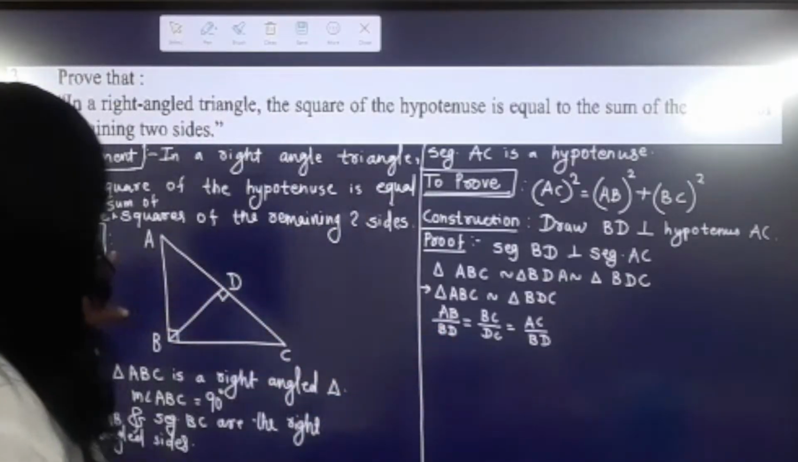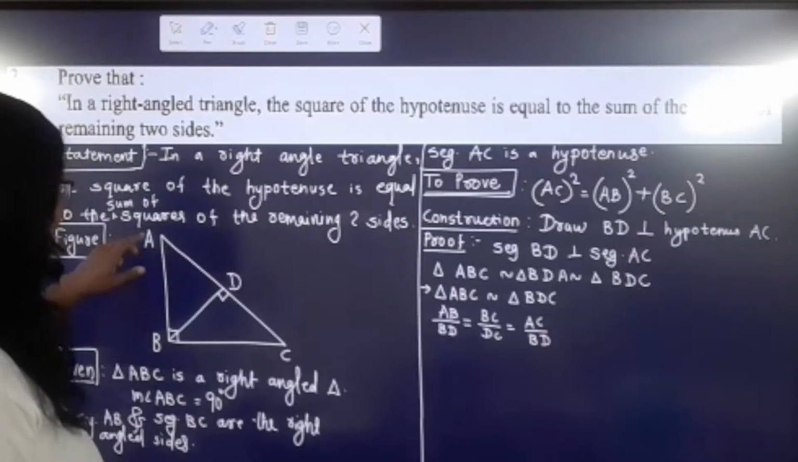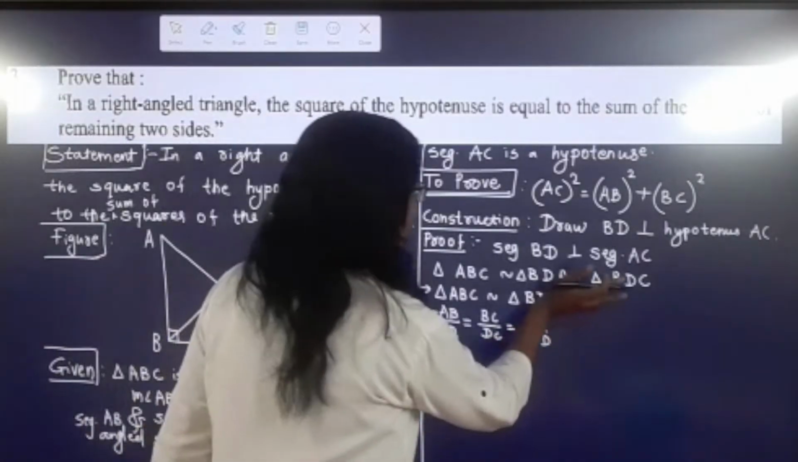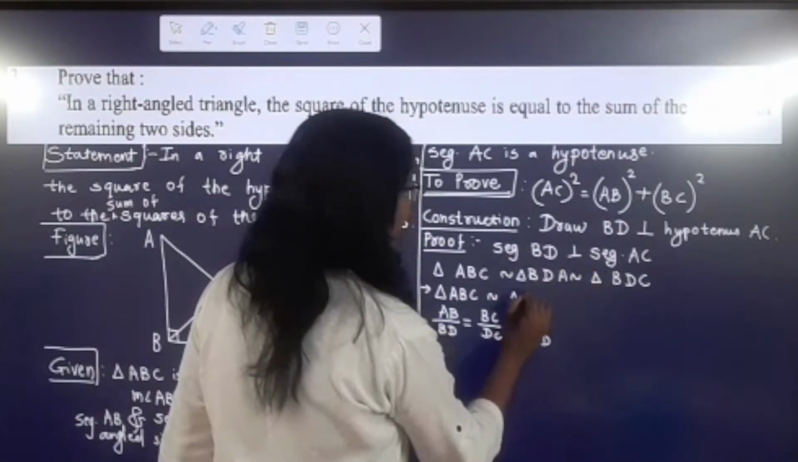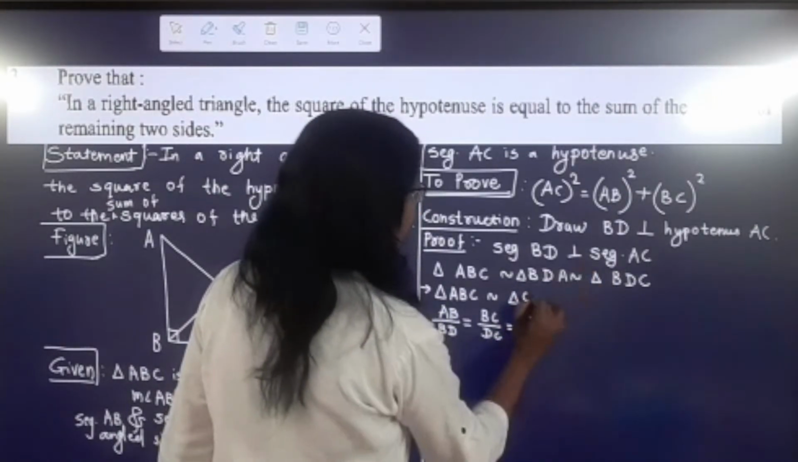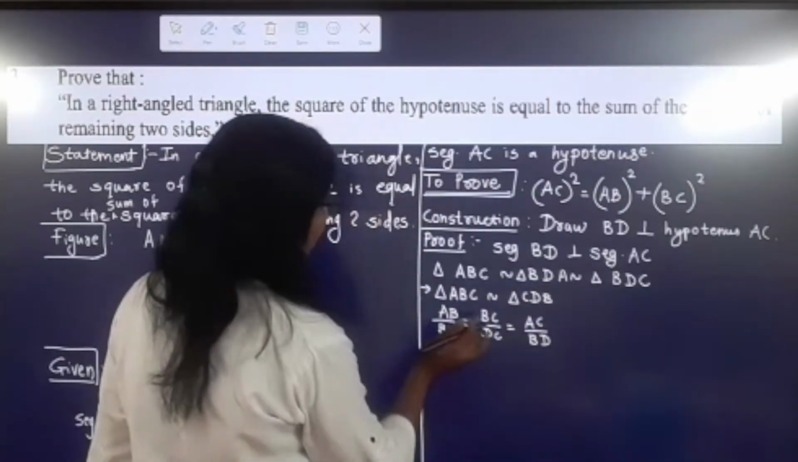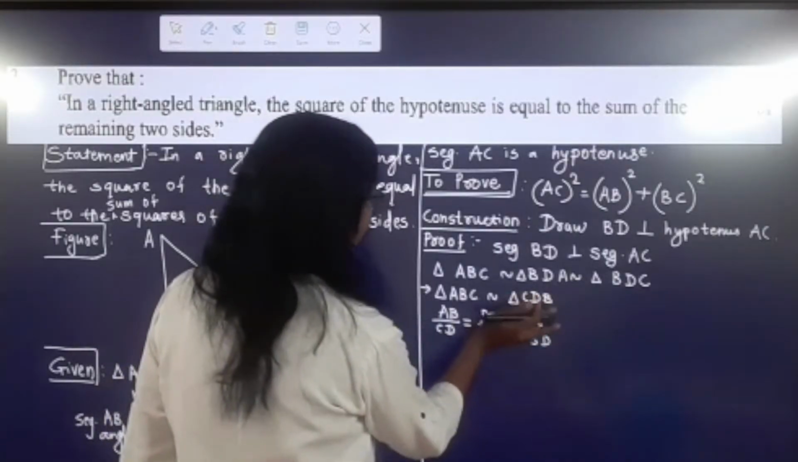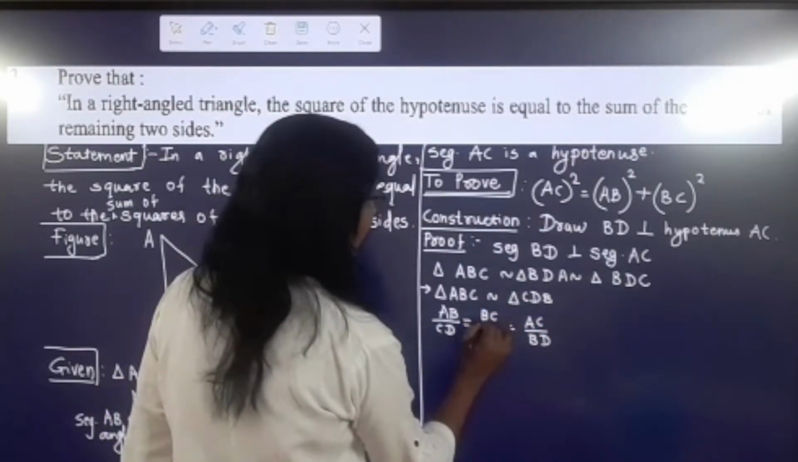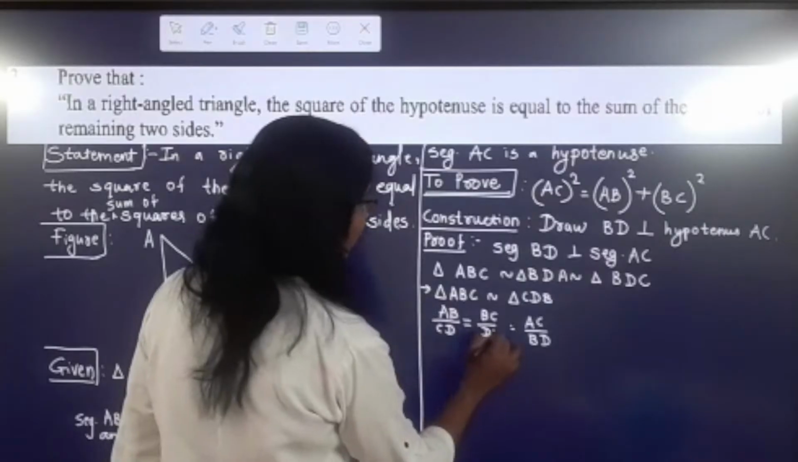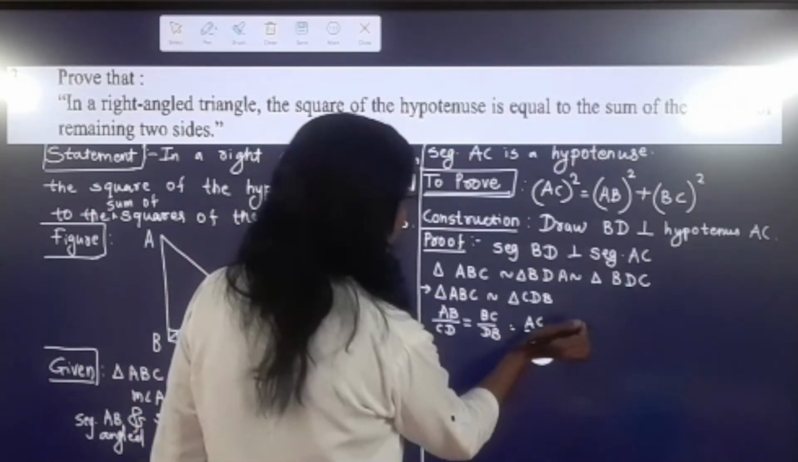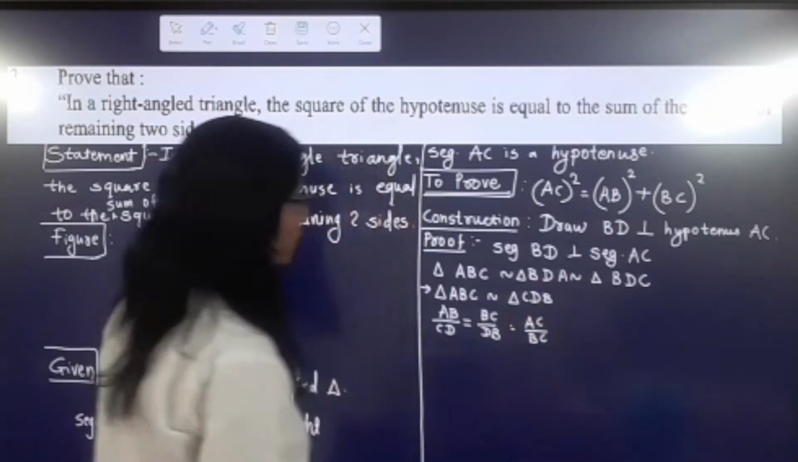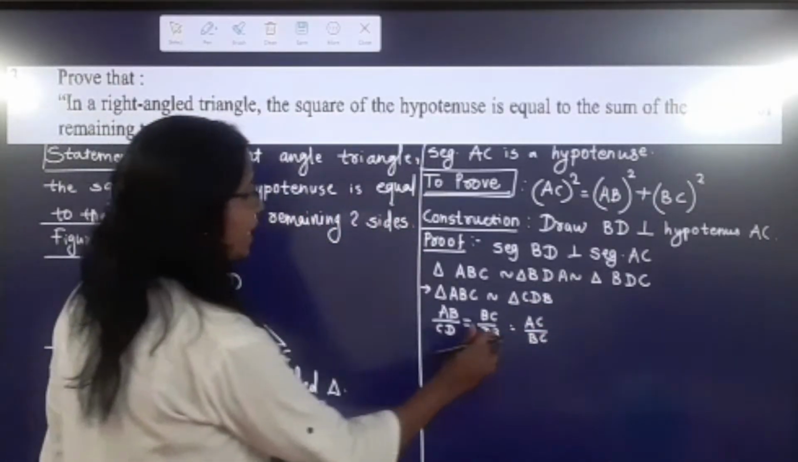There is a mistake from A, B, C. So here students, A is congruent to C. So CDB. Okay, here we write that CDB. So here students, AB upon CD, then BC upon DB, and then AC upon BC. Okay students, and then we take these two ratios,